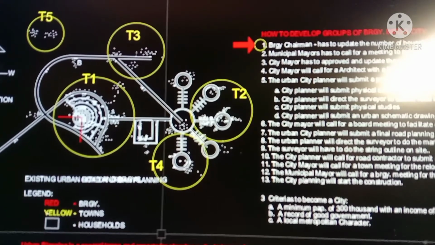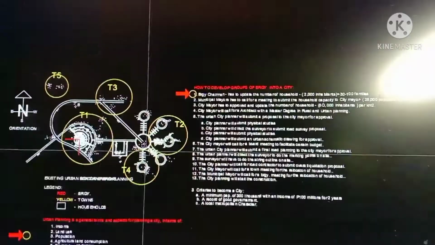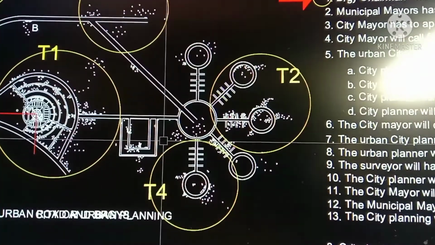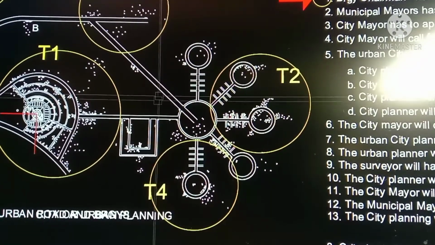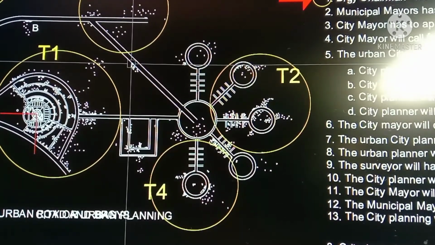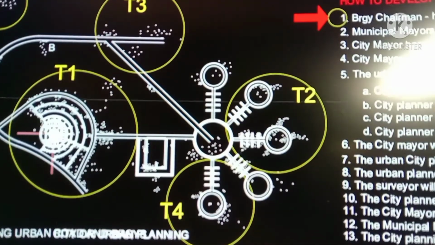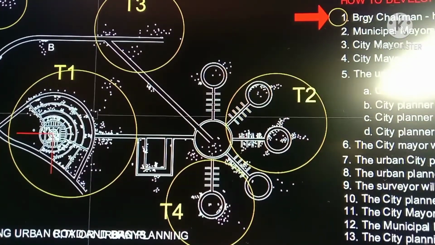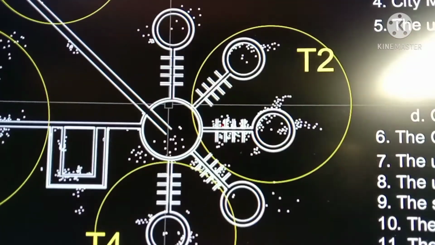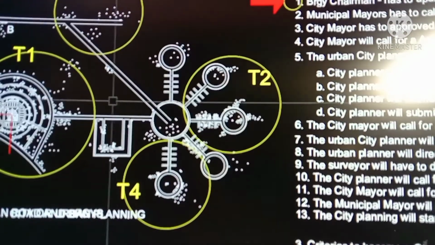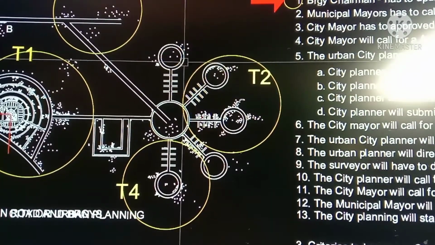So this is what the urban planner did in order to come out with a very nice design of the city. And after this, what will come next is the construction of drainage on both sides of the roads, and electricity. So they will come up with the construction of electricity and the water systems in the city. So that is how it looks. So that is how to design a city from various towns to become a city.